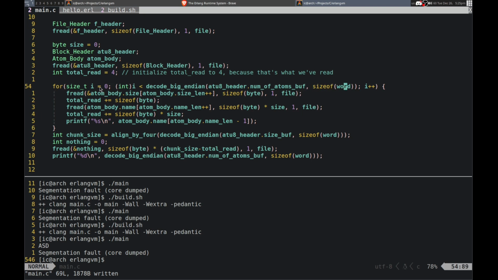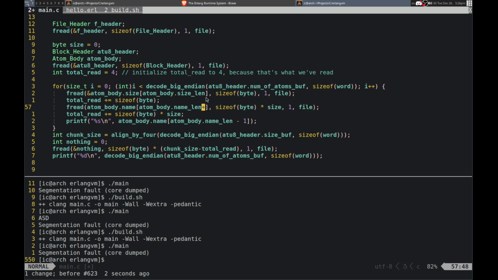That is wrong. Maybe I might need to use GDB. We'll see though. So this line might be breaking it though. Body.name. Let's see, that should still work. Yeah, so it's not from that.